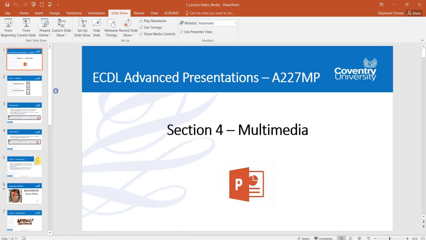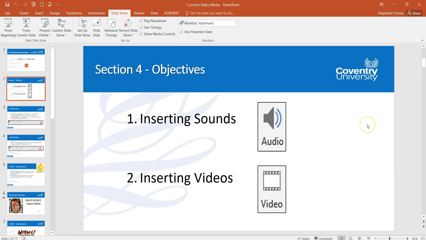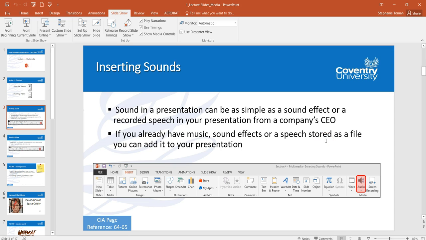I'm just going to bring the PowerPoint slides up, and we're going to look particularly at inserting sounds and inserting videos. It's quite a small area to cover. I think a lot of you are probably doing this already, so you're well aware of how to do things, but there's always a little bit more to it when you're in the exams. You have to follow instructions. So inserting sounds, we're talking about the